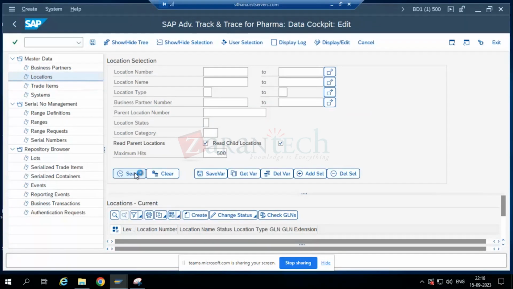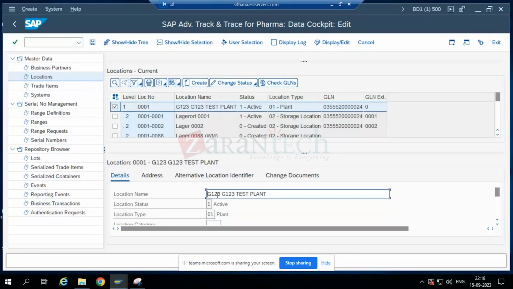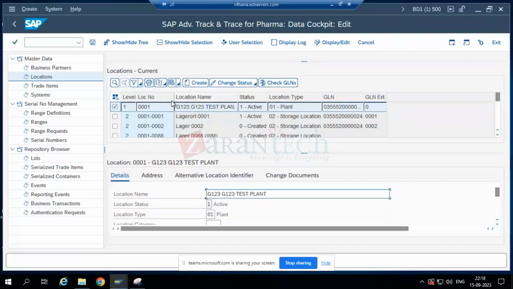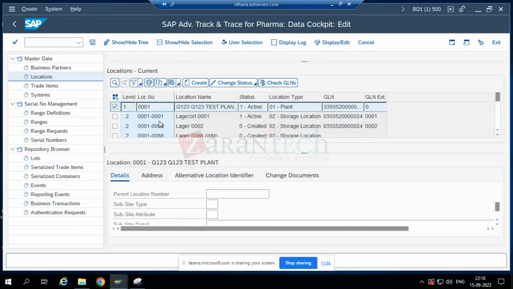Okay, here I will just click on the search button now, the random search, and I will click on the show hide selection. So in the details, or let's select one particular number. Okay, this is a great example. You can see that if I move ahead, same global location number, 24, 24, 24, and we have